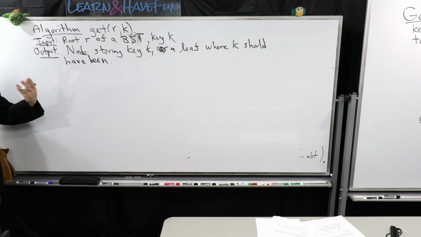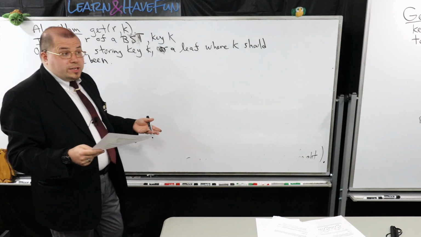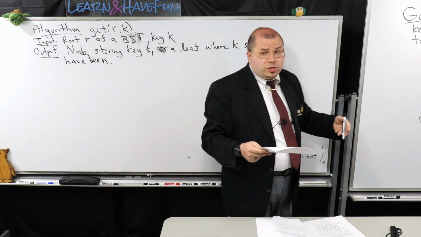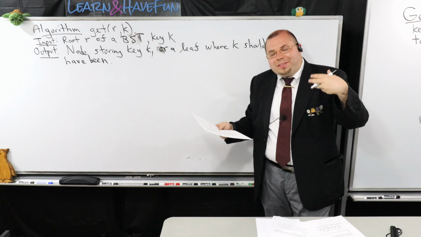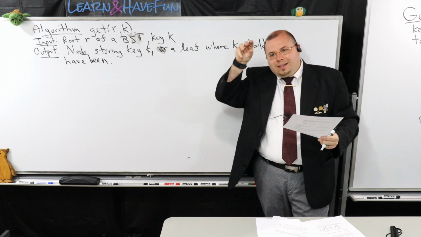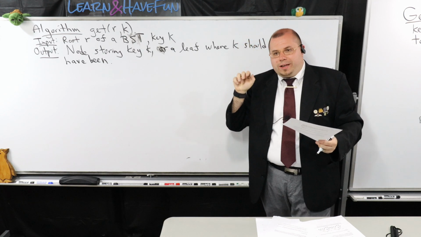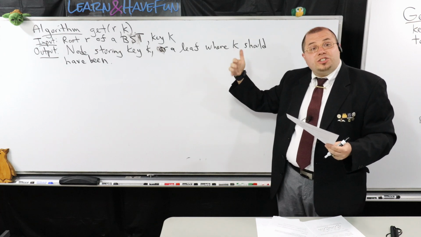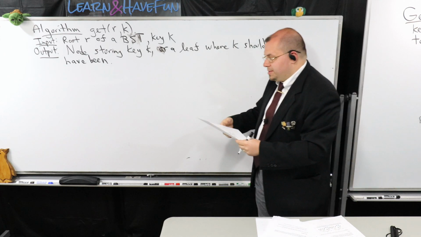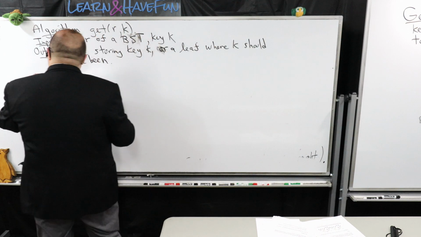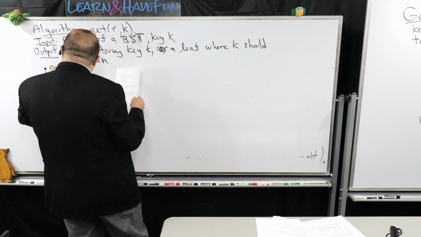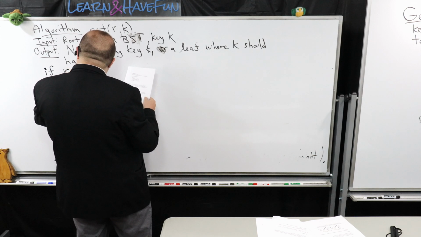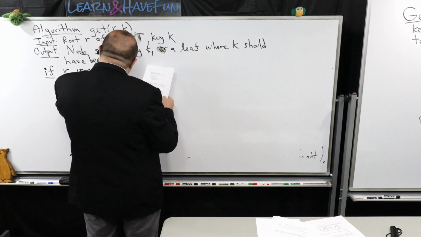So it's going to use a very similar structure. Remember, the binary search tree, you can think of it as a recursive structure. Just like trees, we talked about how naturally you can think of the binary search tree like I'm rooting it at some subtree. That's why you're going to see me use this in our recursion here. So I'm going to start off with the same kind of case we had before, if R is a leaf.